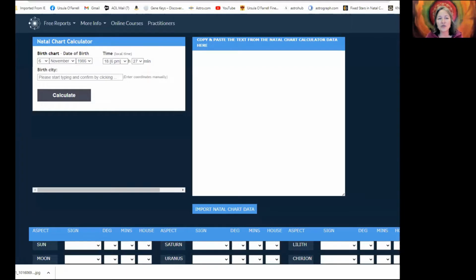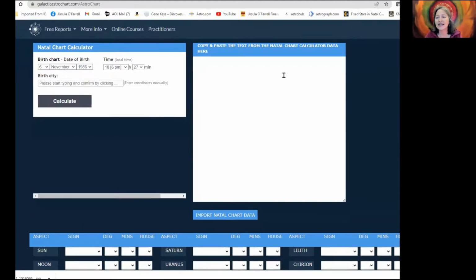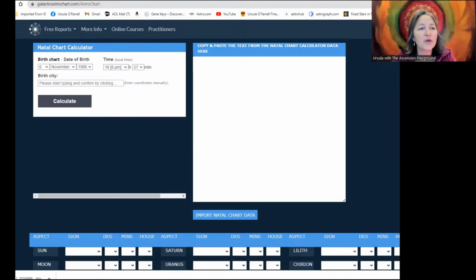So here we go. We are going to start with Starseed Megan. While I'm doing this mini, I want to show everybody who may be new, as I share my screen, how you too can find your own natal galactic astrology chart. Okay, so let's see. I'm going to make myself a little bit smaller. Here you go. So here we are on